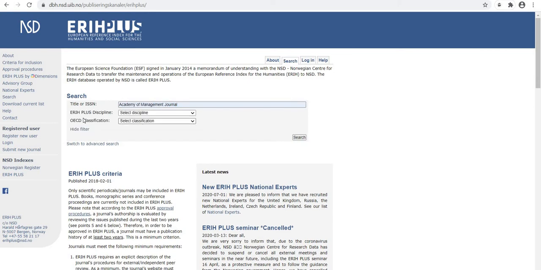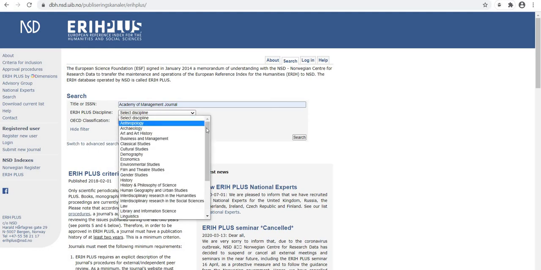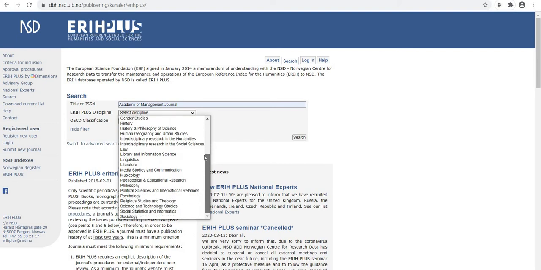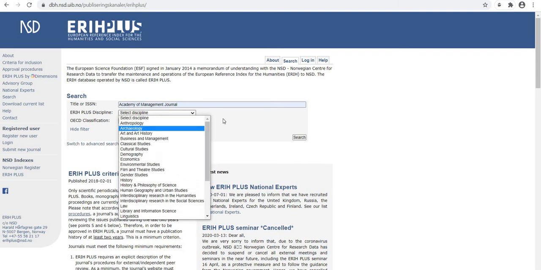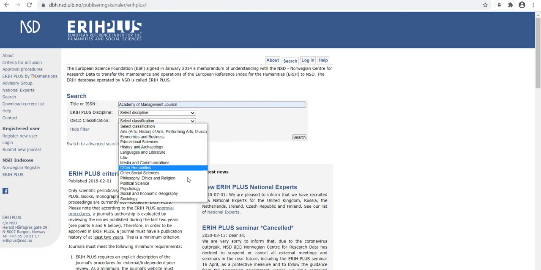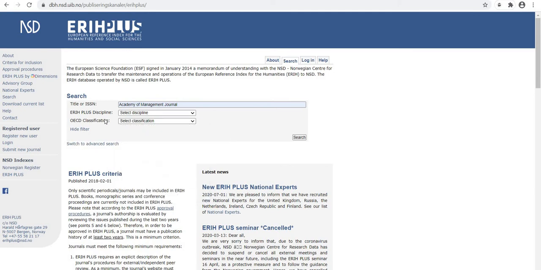Here are the filters. If you want to filter a journal based on the ERIH Plus disciplines, or based on the OECD classification, then you can activate these filters.